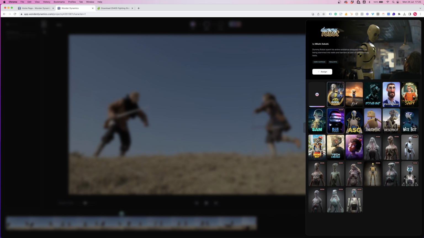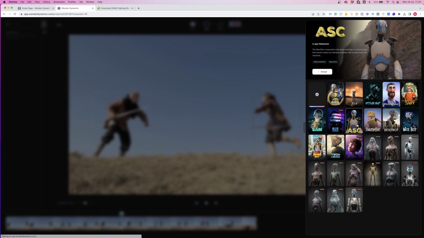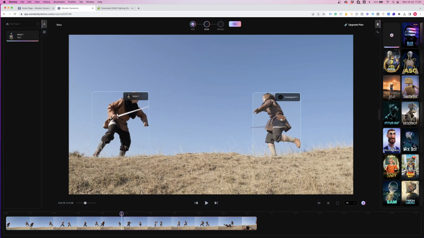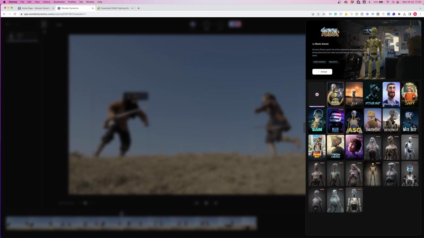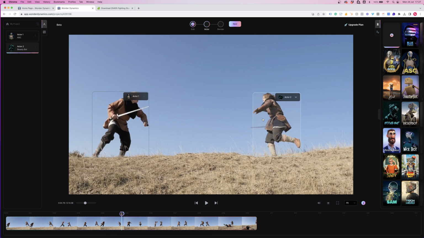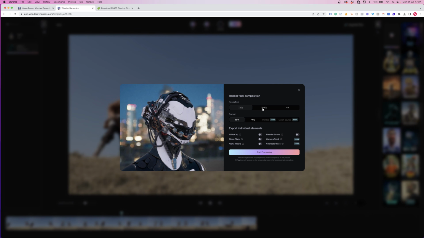So for the actor on the left, I think we're going to go for this cool robot here, ASC, and press Assign. Then we click on the second actor, and again, we can roll out here and choose an actor that we like. I quite like this character called BeastieBot, so we're going to press Assign. We can then press Next, choose our output. MP4 is fine, and we're actually just going to choose everything we can, because if you try and choose it later, I think you're unable to. So we'll just go for all the options now, and then we've got the option to play with it in the future. Then press Start Processing.